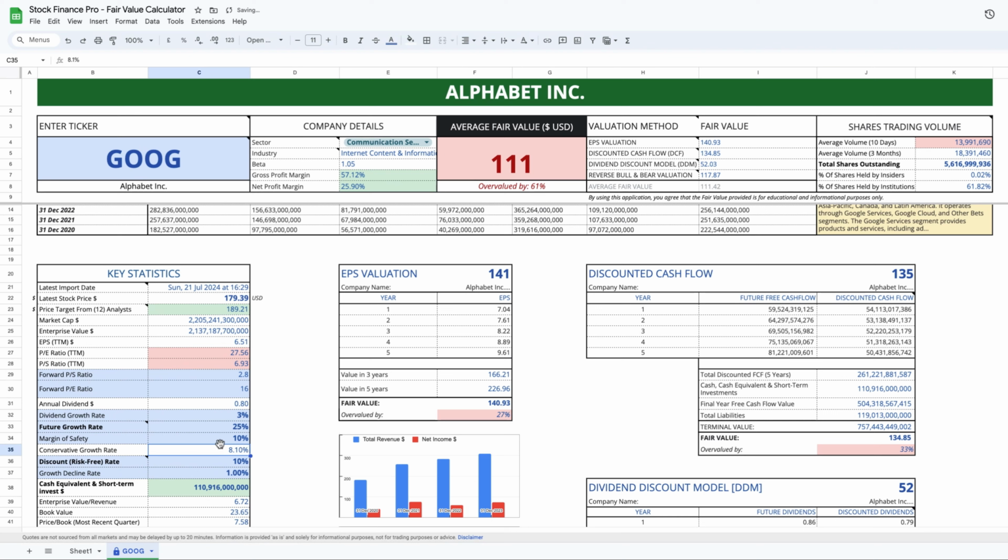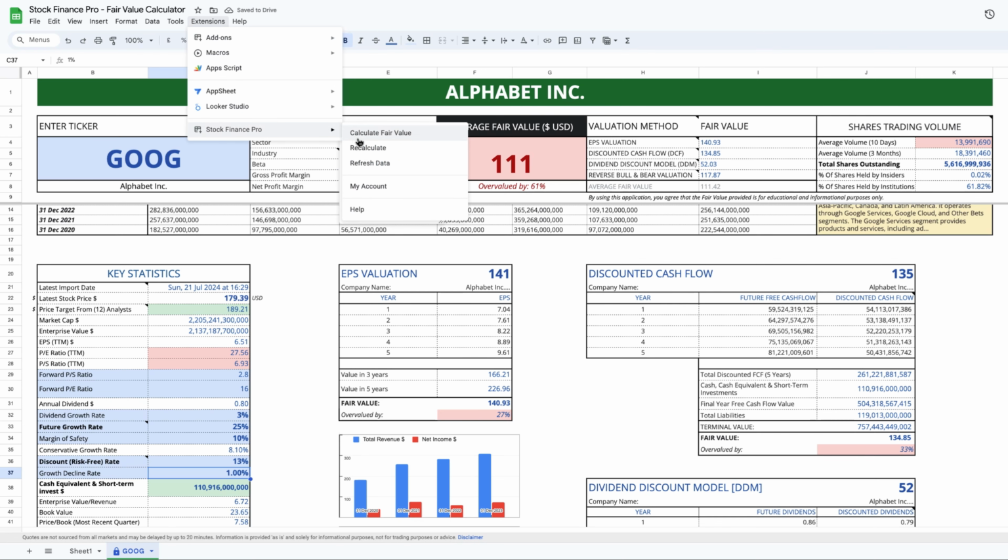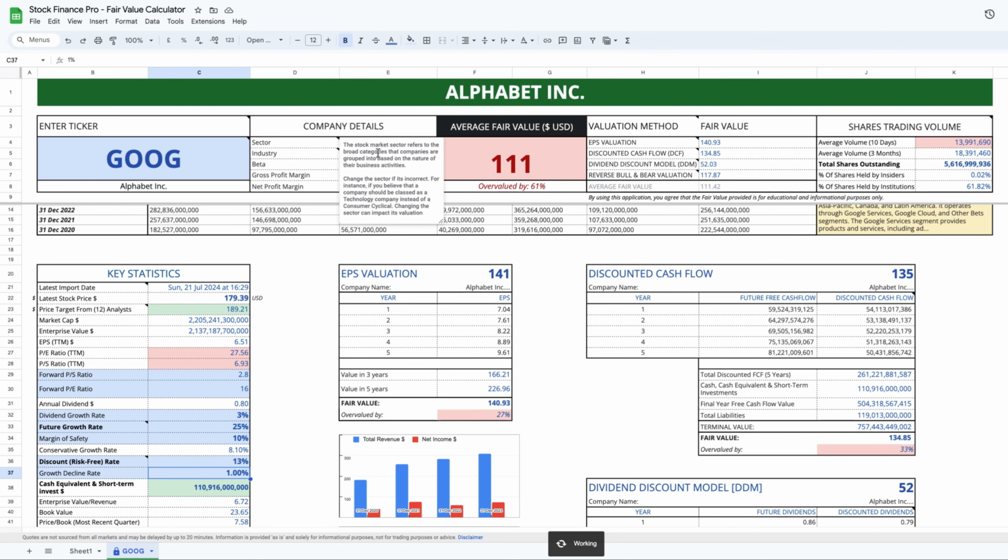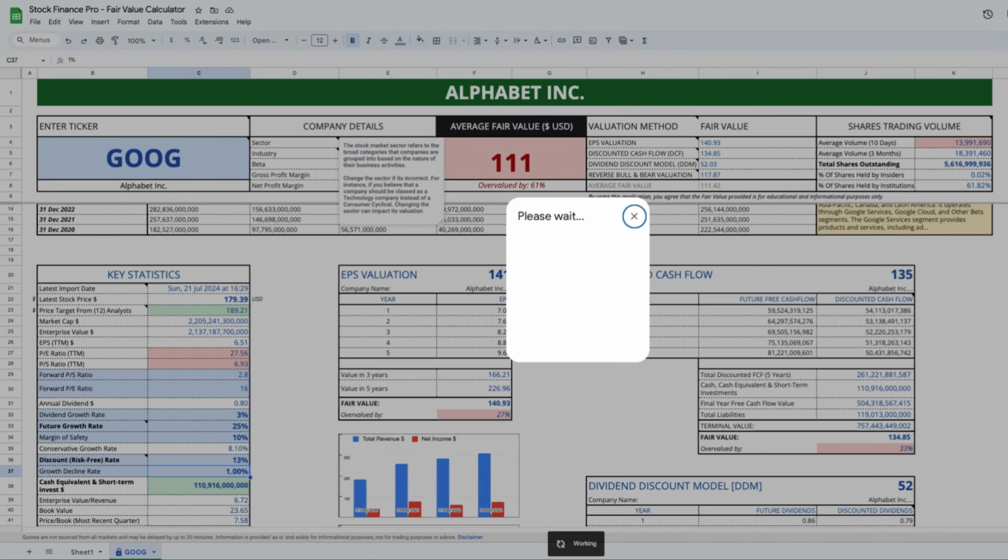Navigate to the cells highlighted in a light blue color. You can modify the values on these light blue cells to align with your assumptions. For example, if you believe the company will grow faster than the industry average or analysts' forecasts, adjust the growth